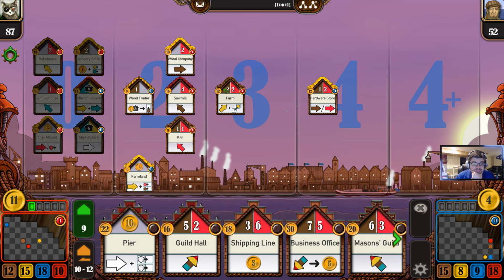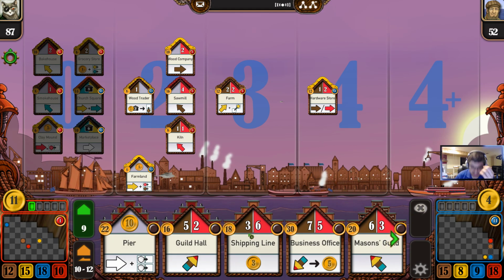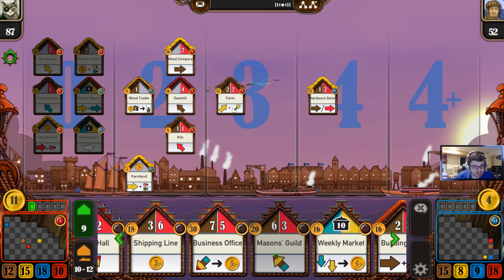Okay. Still the farm, not a good idea. Those seagulls. Well, this sawmill can go up and to the left a little bit. I kind of still want to buy buildings for victory points, though, as well. That would give me...